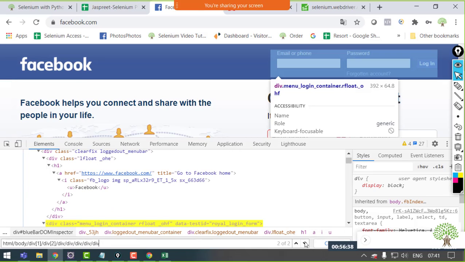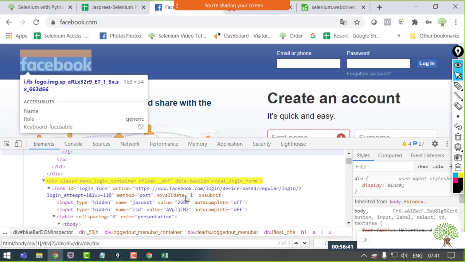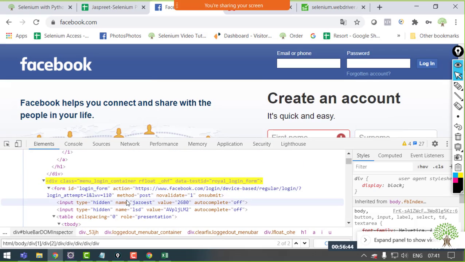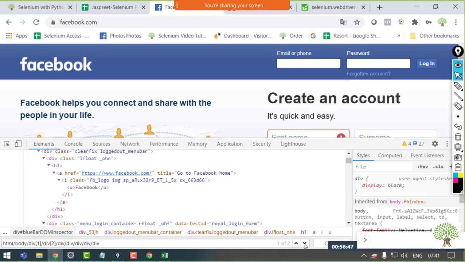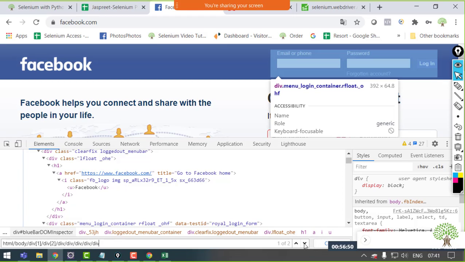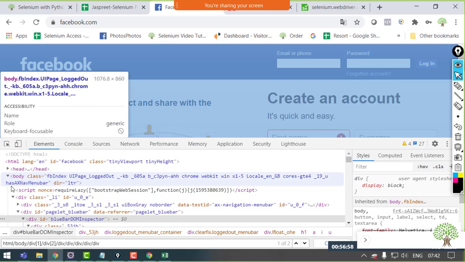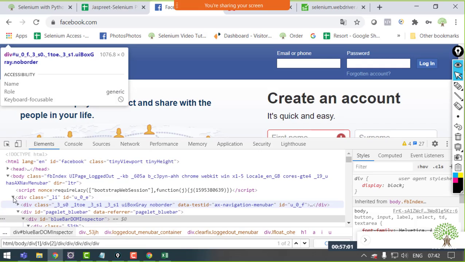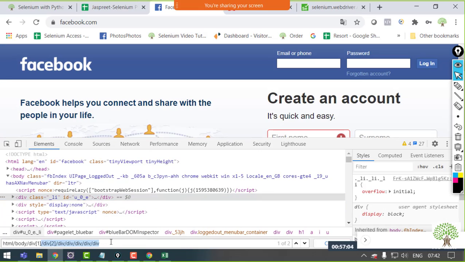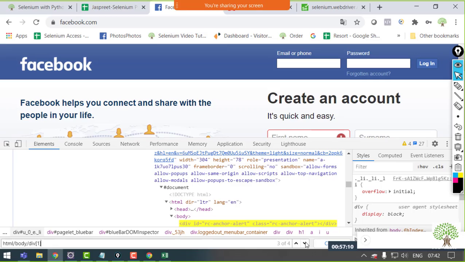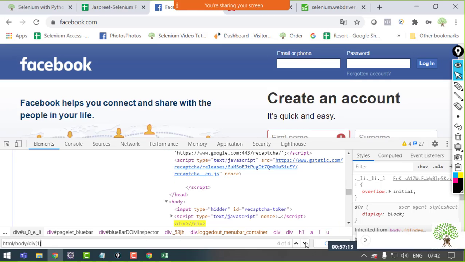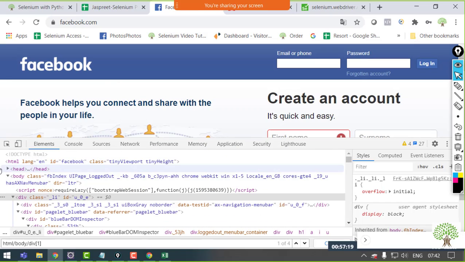Okay, it's highlighting it somewhere else. Might be I am at a wrong location. It's not highlighting the second. Yeah, I am at a wrong location, that's why. So over here, after the body tag, it feels like they have changed the architecture of the site. That's why it's not highlighting.